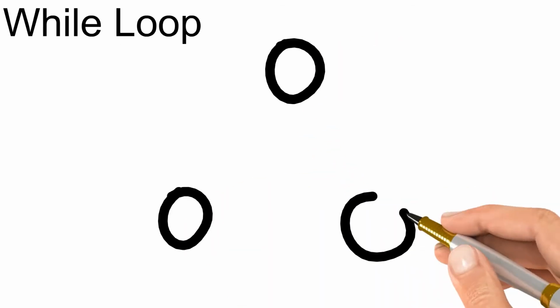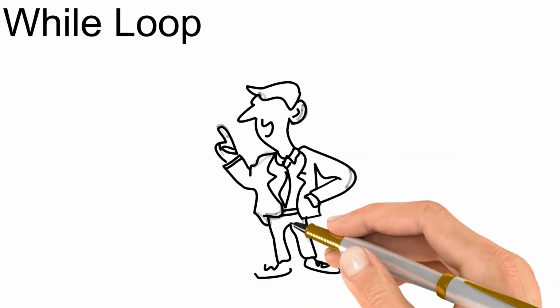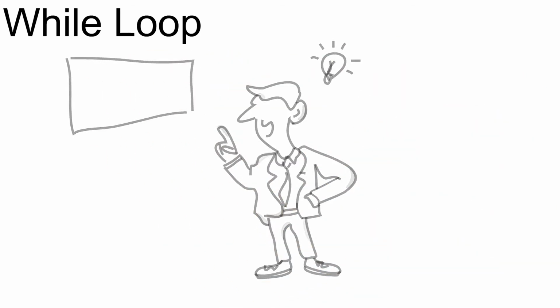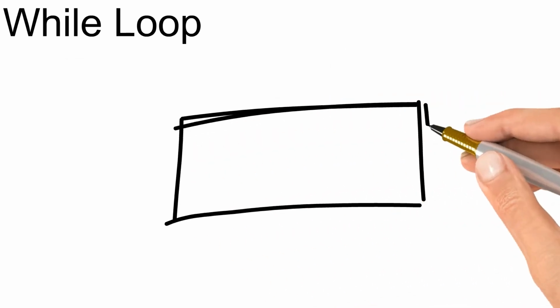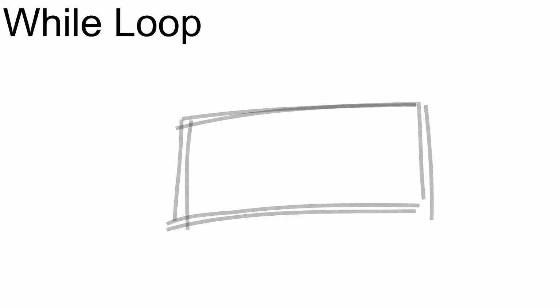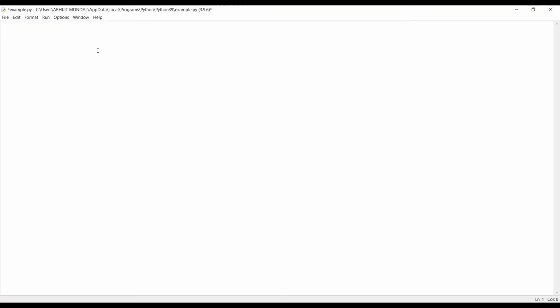A while statement in Python executes a statement or a block of code repeatedly unless and until the conditional statement becomes false. The conditional statement or the test condition is tested whether it is true or false before the execution of any other statement inside the while loop. Once the condition is found to be true, the other statements inside the loop are executed repeatedly until the conditional statement turns false. And once it becomes false, the block of code inside the loop is not repeated anymore. Now let's take a look at an example.